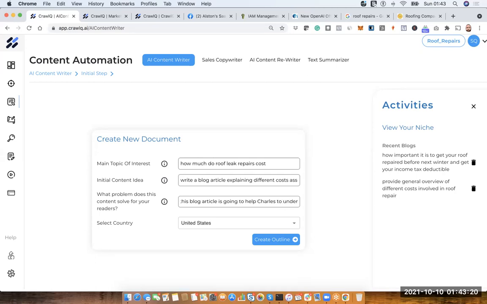To understand the roof repairs cost in a transparent manner, so that he is assured, and correct me if I'm making some mistakes here, so he's assured that he is not getting ripped off,